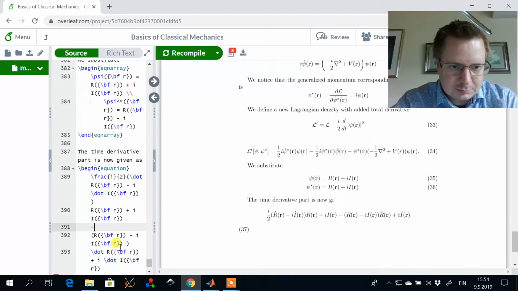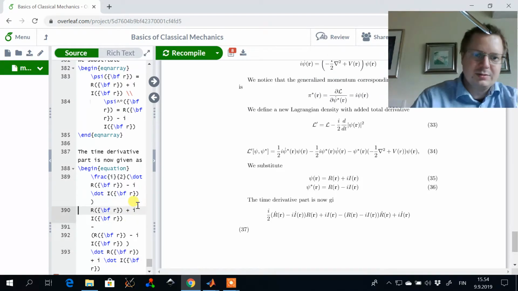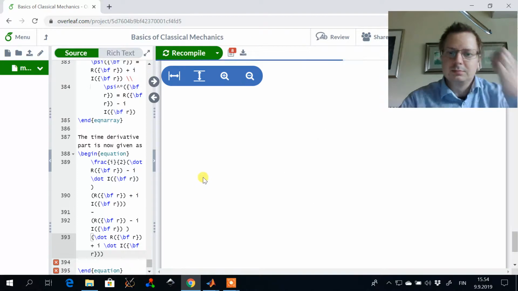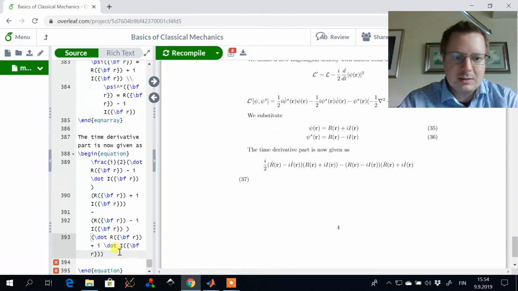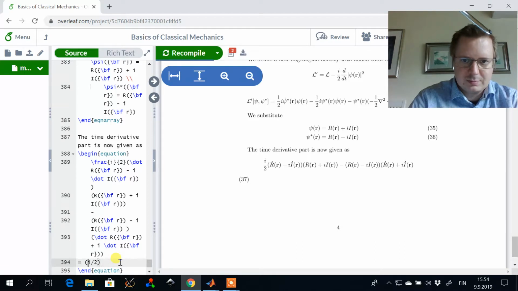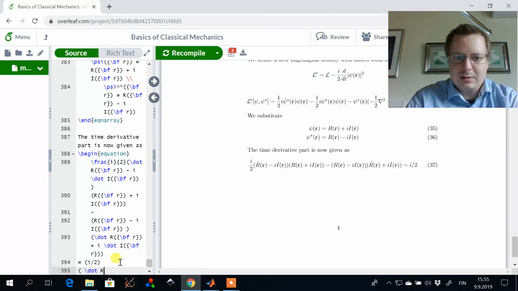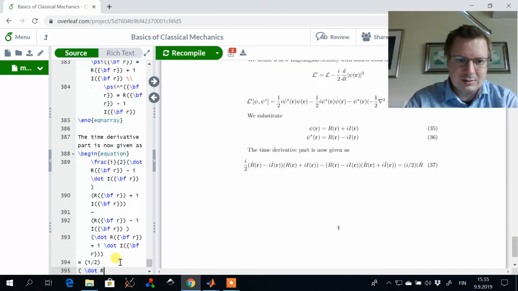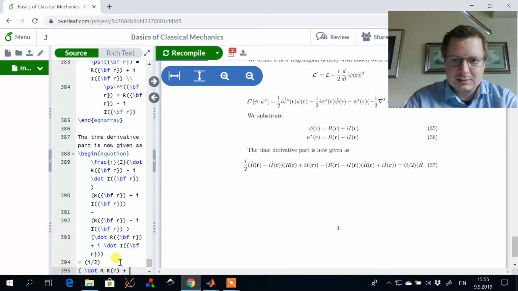So now we can just blindly expand all of this. So it will be I divided by 2, then it will be dot r. I will just omit all the other stuff as well. Dot r times r, and then plus e